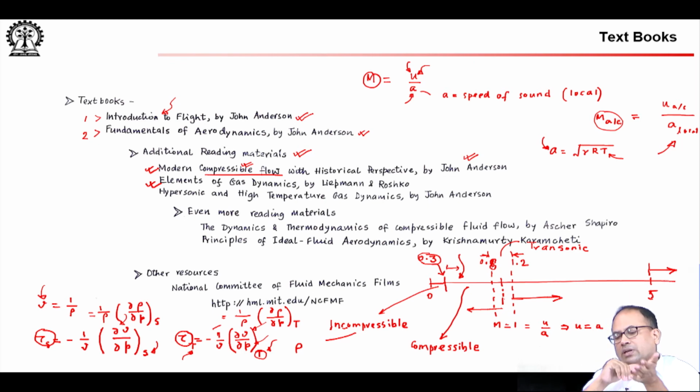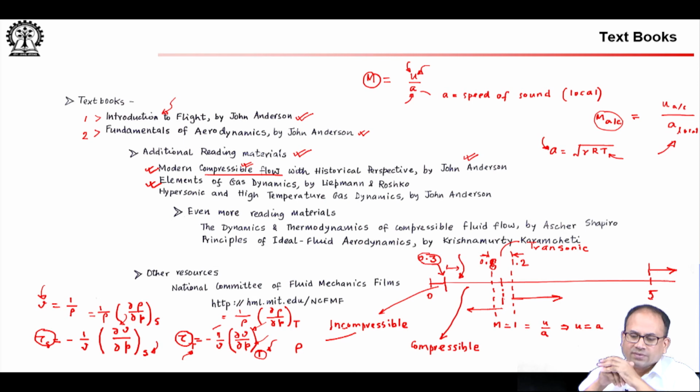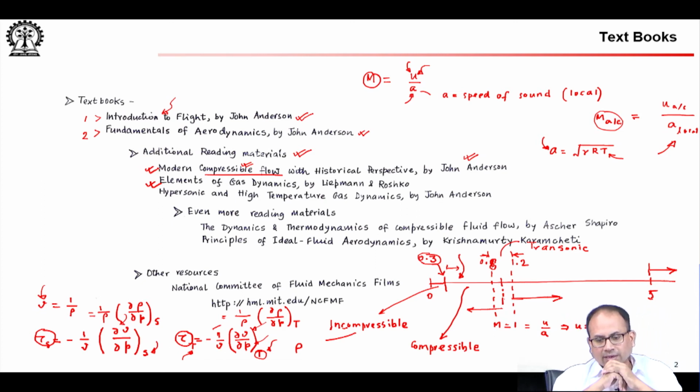Now, if you search National Committee for Fluid Mechanics Films on YouTube, you will get all the videos, but I still would recommend you to go to the link that I have given here to get the high resolution version, because on YouTube you have many people who have uploaded these videos. So, it is better to just go to the source from where everyone has picked up their videos. So, just go to this link, there are about 30 videos. Do not wait for me to discuss those topics. Go ahead and start